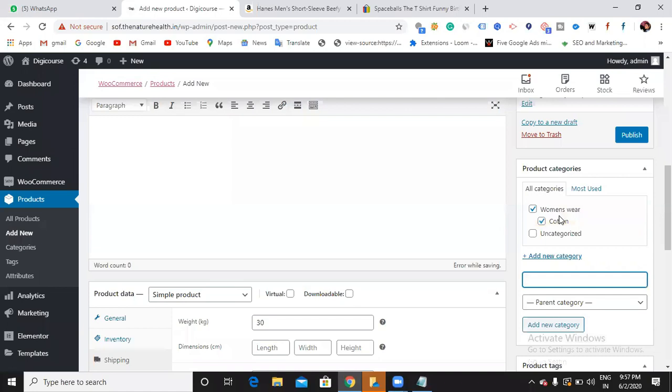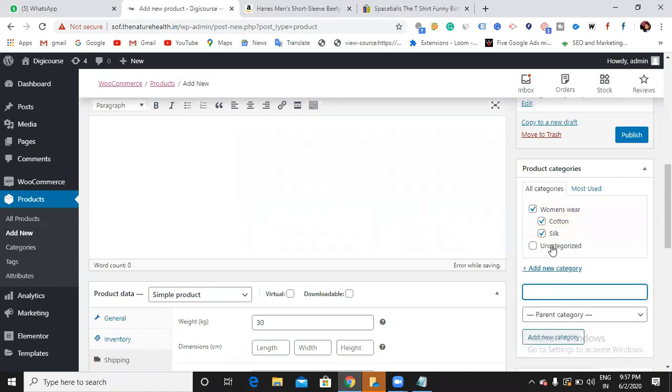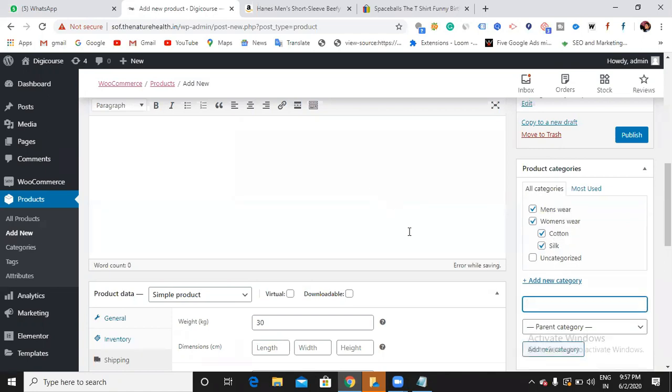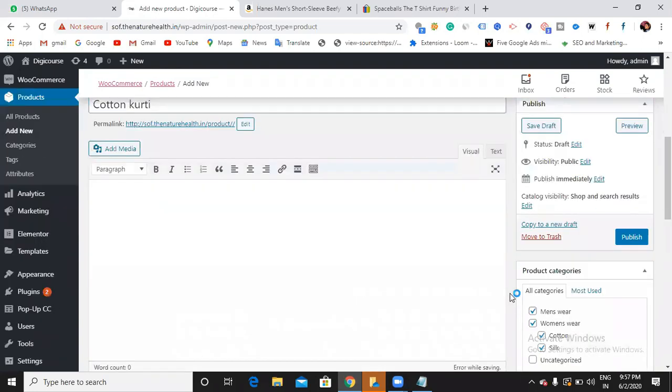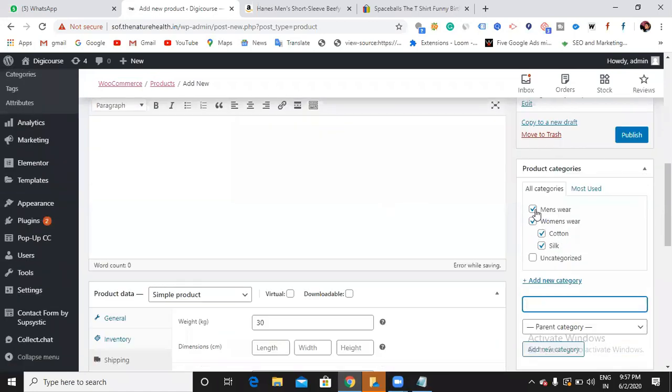Can you see now, under women's wear the cotton will be added. And silk, I'll be adding some silk and choosing a parent category. I want to show this silk under the women's category, then add silk. Then menswear. Got it now. Under which category this product comes, you can just choose it.